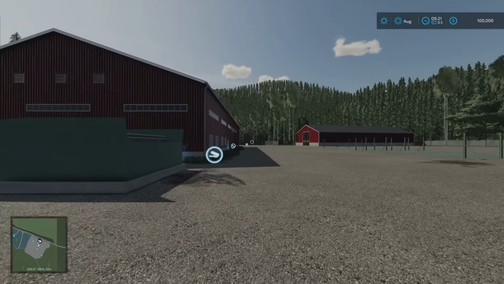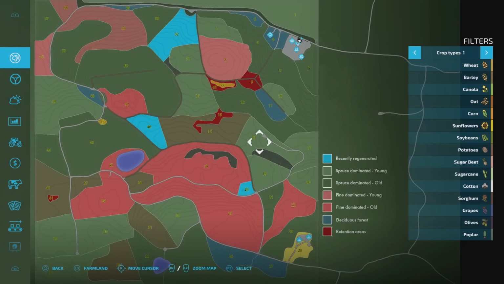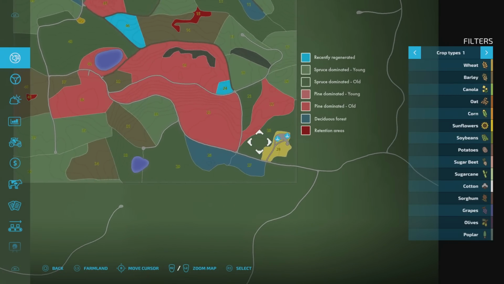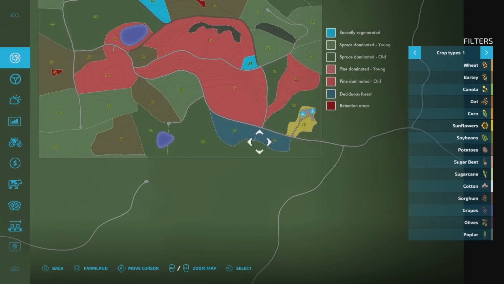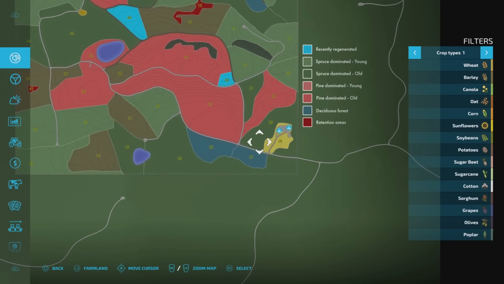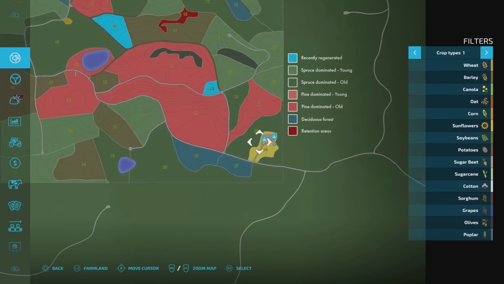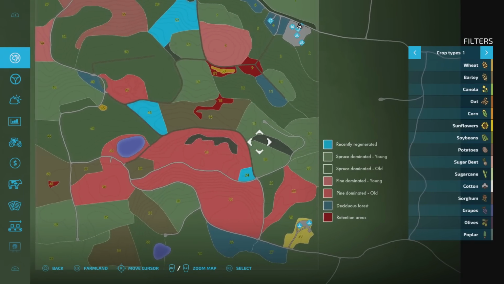We start here at the main yard. Unlike the previous version, I'm going to show you the map. The previous version we started down here. Now the previous version of this also had fields down here, so you could start farming straight away. It had livestock, animals, pigs, that kind of thing down here. This is all changed. The map is a little bit different, as you can tell by the colours as well,